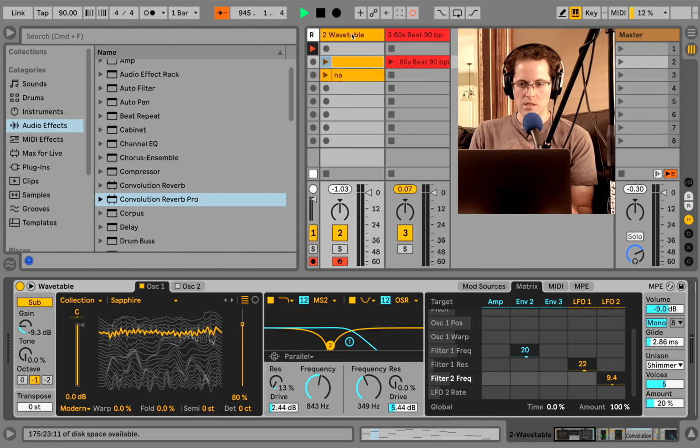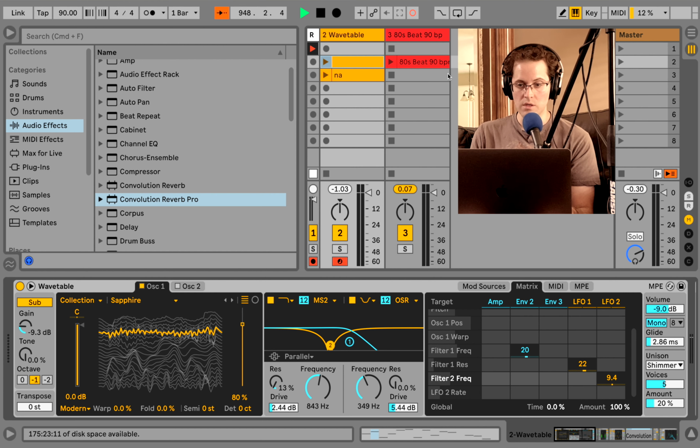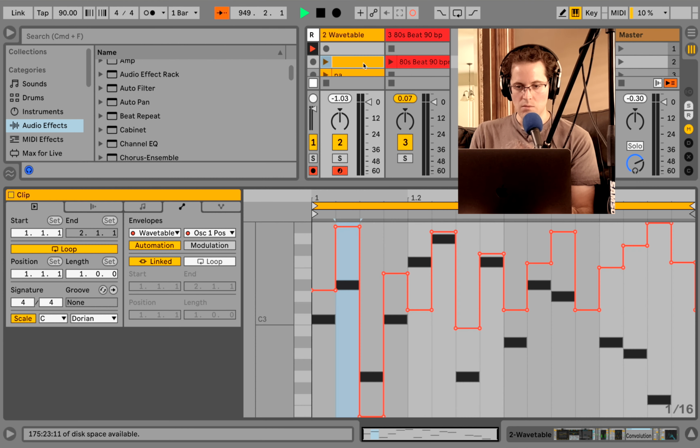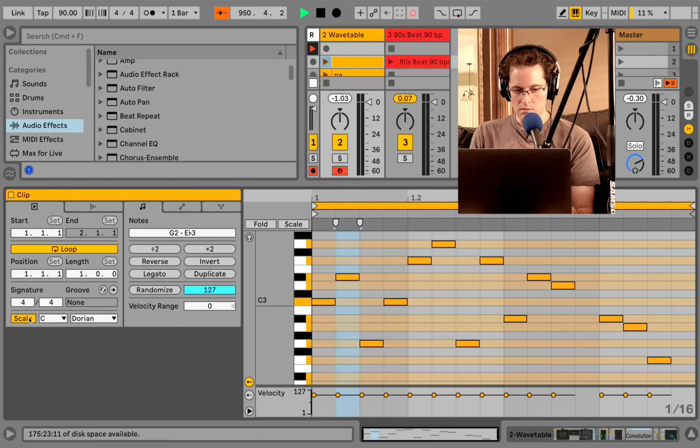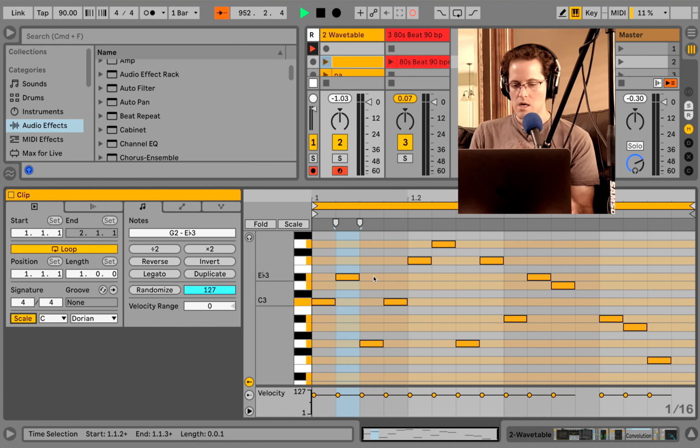I wanted to get into clip modulation here because, depending on how you work, that's really important. And I also wanted to show you this scale mode. Why would you not have that on? That came with Ableton Live 11. So great, because rather than having to count up and make sure you're in the right thing.